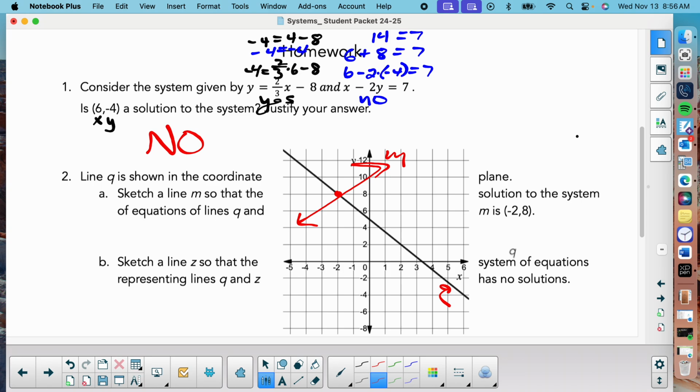Okay, says sketch a line Z so that the system of equations Q and Z have no answers. Okay, so Q is this one that was pre-drawn. How would I draw another line so that they never touch? Because that's what solutions mean. Perfect. If you draw a parallel line,